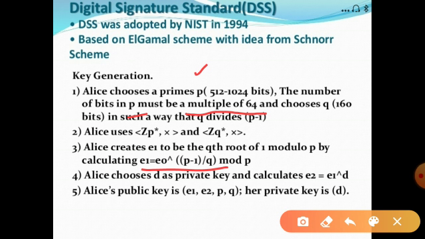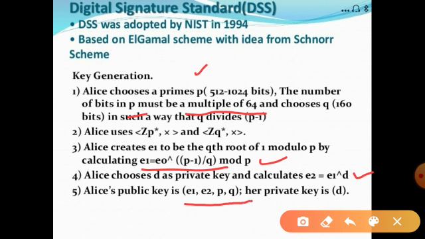Like that we are going to calculate e1, and then Alice chooses the private key d, always a private key only. And then she calculates the e2 value by using this formula. And then Alice's public key is e1, e2, p comma q.